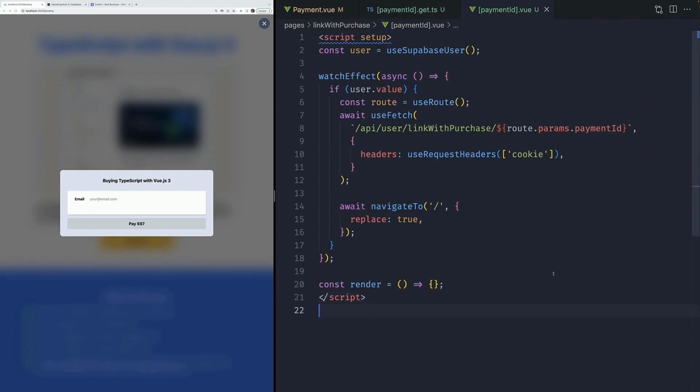And this page is going to be very straightforward. All we're doing in this page is we're going to grab the user, but since that user isn't available immediately, we have to wait. So we throw all of this logic inside of this watch effect. And as soon as the user becomes available, as soon as that logged in session becomes available to us, we